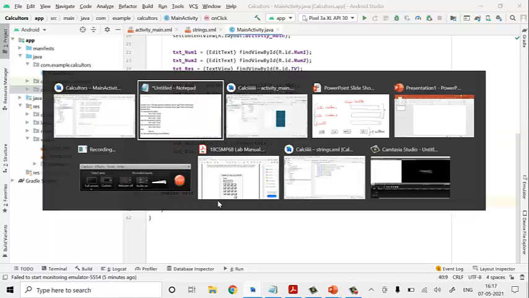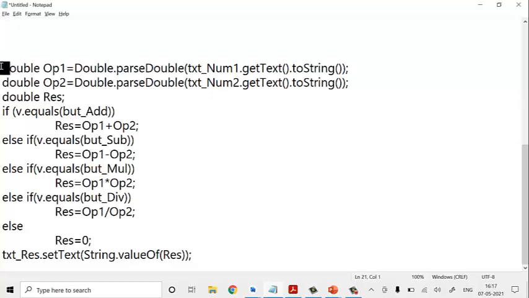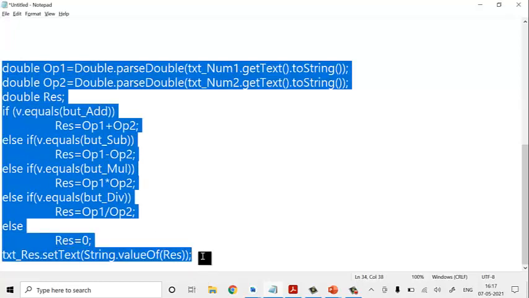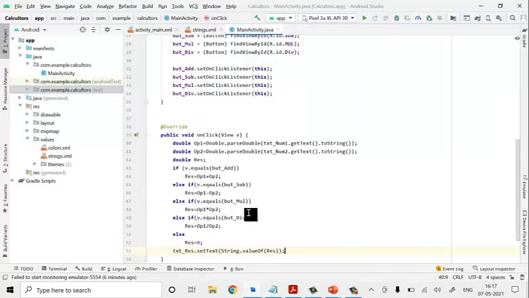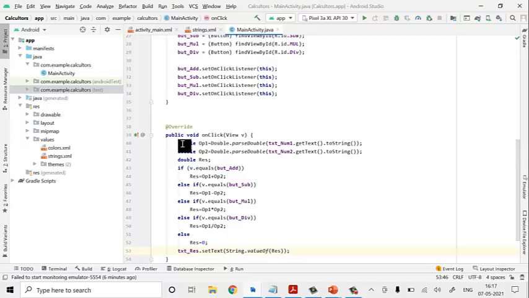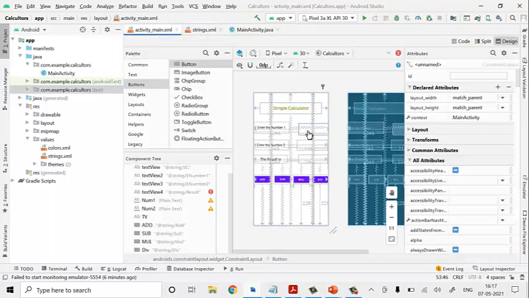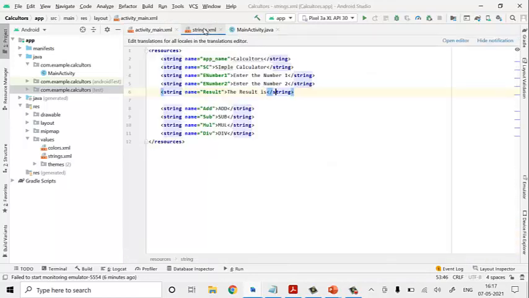Once you have written the onClick method, I'll take these methods and paste them here. Now in this onClick method, double op1 is equal to Double.parseDouble(text_num1.getText().toString()). Whatever number you are entering in the first text box, it is extracting.